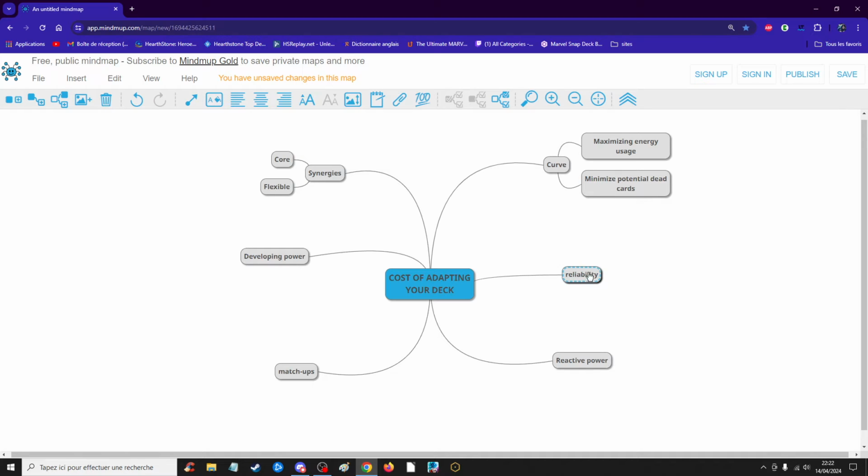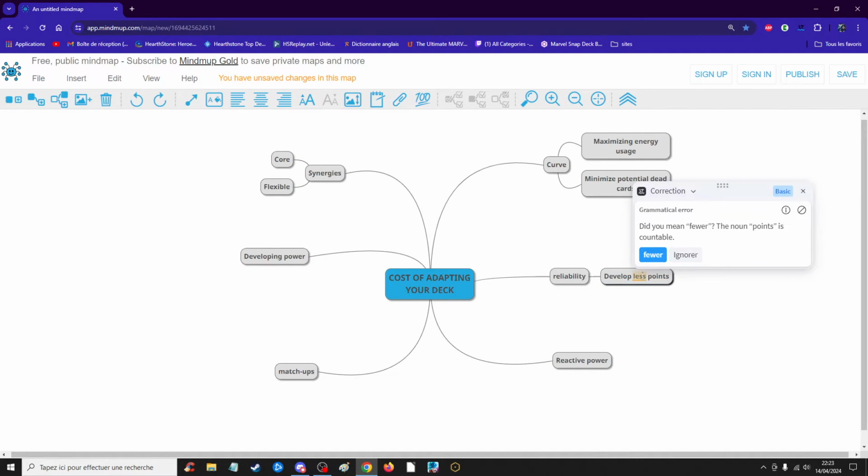This kind of touches on reliability, but I guess reliability speaks for itself. If we start touching the core of the deck, or we end up with dead cards, our deck is going to be less reliable, meaning we can either develop less points,